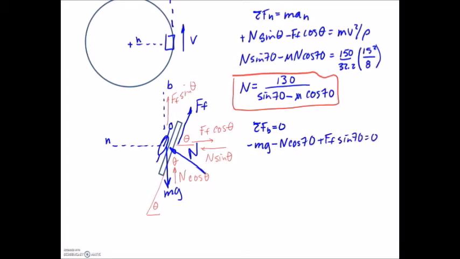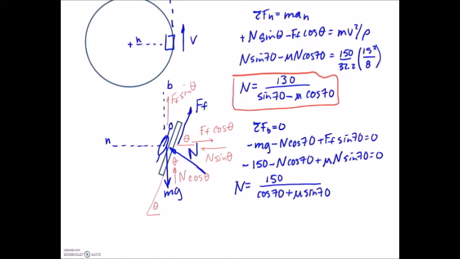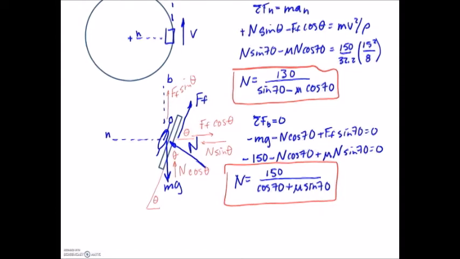So I can solve this for the normal: minus 150, which is the mg, plus N cos 70 plus force of friction, which here is mu N, so it'll be mu N sine 70, equals 0. All right, so now that I've solved this for the normal force in the b direction, I will circle that. And now I have two equations, two unknowns. I have a normal force that's unknown, and I have a mu that's unknown,